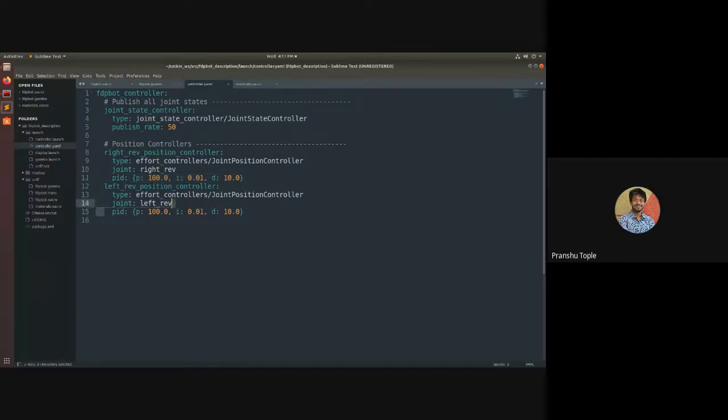But here we won't need it because it's a normal 2-wheel drive robot, and the motion will be controlled autonomously. This PID tuning is very important when we are working with robot arms. In a robot arm, we need to have proper position control. In that, PID tuning is really important. Here, maybe you require motion planning. Yes, exactly. That we will be doing tomorrow. Okay, sir. Thanks.